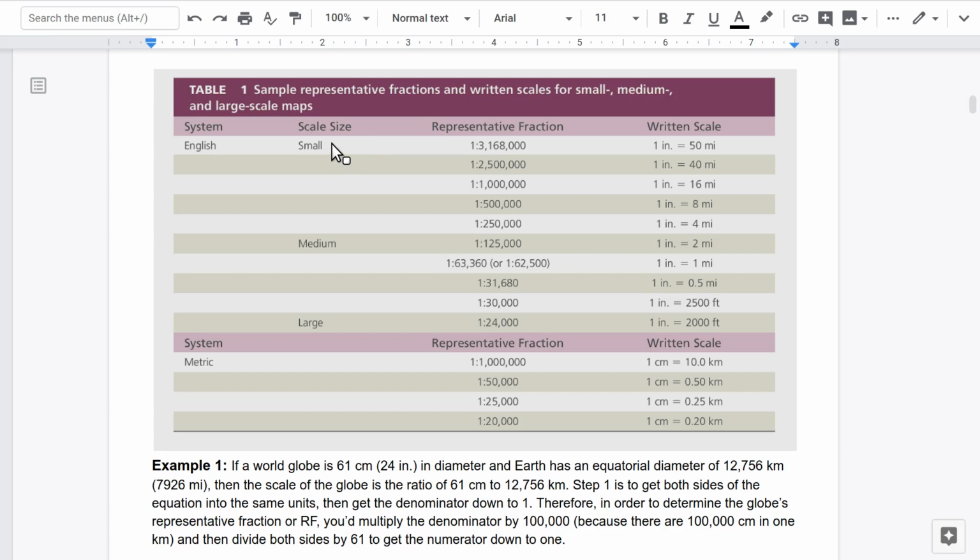Small scale maps have small detail of a large area. This would be like a map of the entire United States. So you can see all of it, but you can't see a lot of detail. A large scale map, for example, 1 to 24,000, has much more detail, but it's a smaller area. So at a 1 to 24,000 scale, you'd probably need 6 to 8 maps to cover all of Sacramento. Even in a city as small as Davis, you might need 2 or 3 of these maps in order to